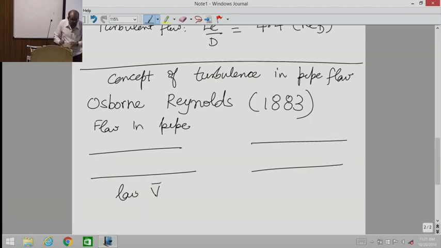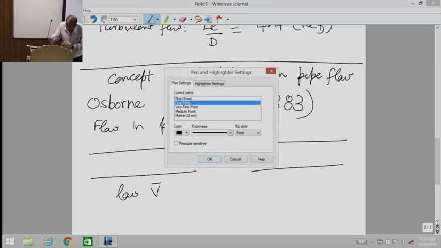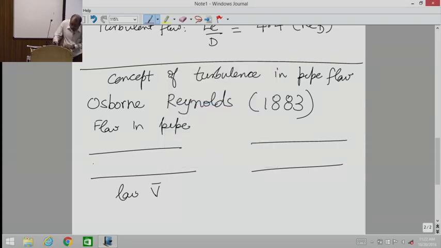when the average velocity, so there was some sort of an average velocity we talk of, the flow rate in the pipe divided by area, when this was low, what he found was, let me use a colored marker here. So if you introduce the marker for low velocities, he observed the marker moved in more or less a regular smooth line.